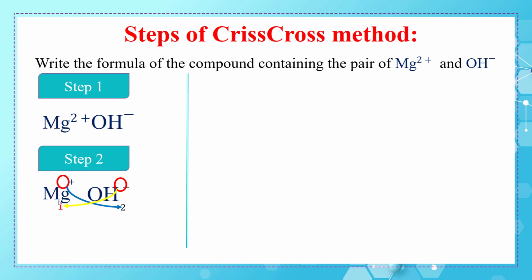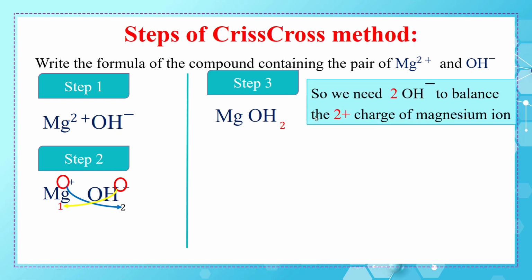Step 3, we write the subscripts to get the ionic compound. So we have Mg(OH)2. As you see, in the ionic compound, we need 2 OH minus, 2 anions of OH minus, to balance the 2 plus of the magnesium ion. So each magnesium ion has 2 plus, and needs 2 ions of OH minus to get balanced. So we should put the brackets,